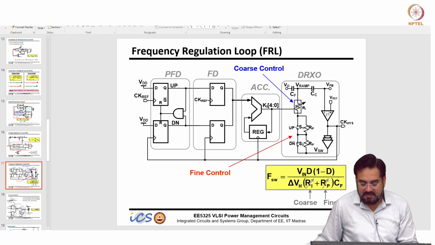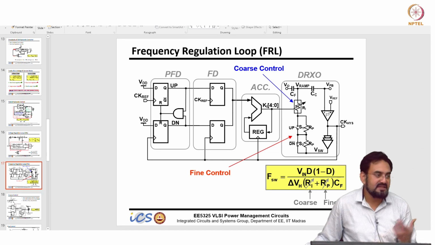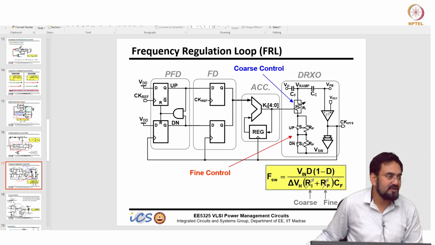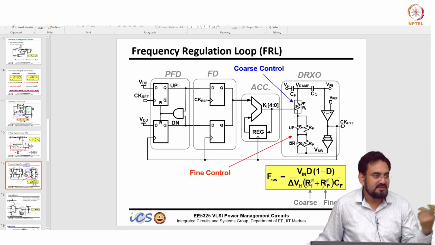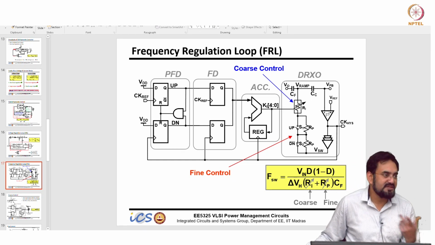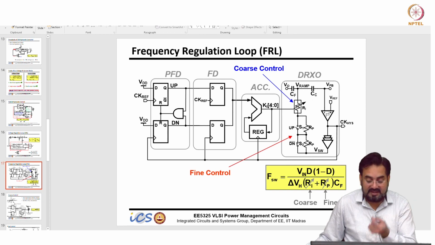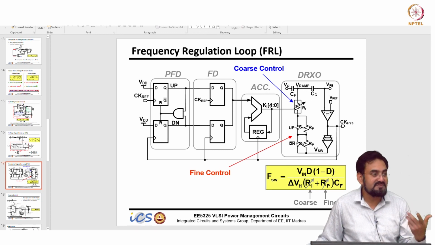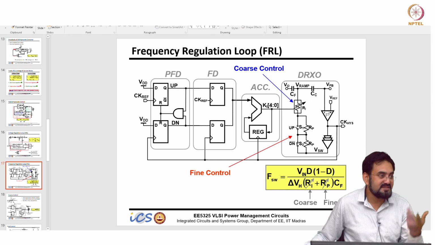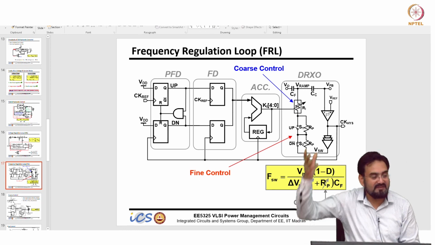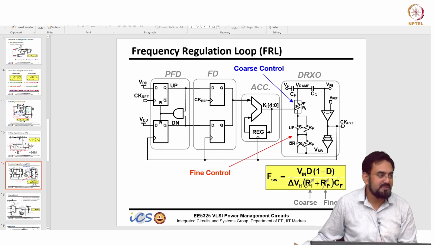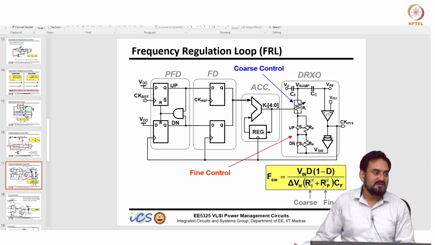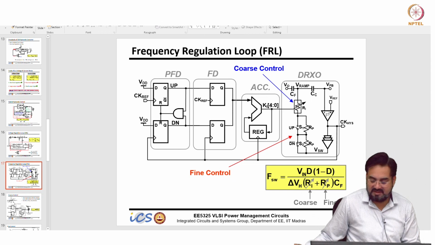Depending upon how many bits of accumulator you use, that will define the resolution of the frequency you can lock to. Let us say I am using 5 bits, which means roughly 3% accuracy you can get. But if I want to lock at the exact frequency, then you need some kind of analog control. With digital it is not possible, unless you have 10 bits or so, then you can say maybe 0.1% accuracy. If you want 1%, then 7 bits roughly.